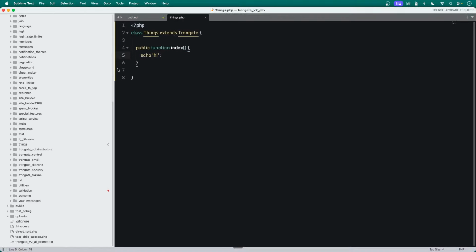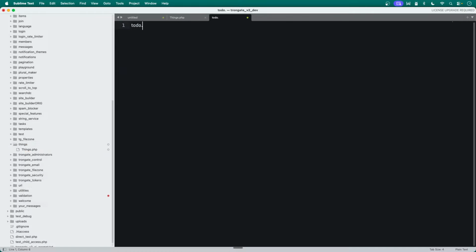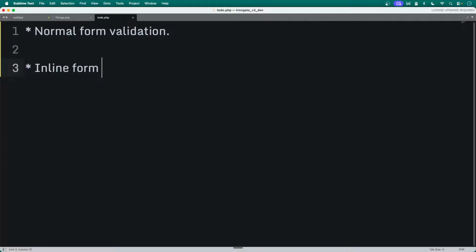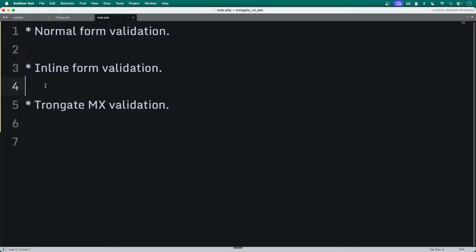Okay, so basically, there's a whole bunch of stuff that has to be done just to fix these forums, and it is going to be a bit dull, but I'll do it as quickly as I possibly can. So the first thing is I want to build and test normal form validation. Then I want to build and test inline form validation. Then we're going to build and test TronGate MX validation. Then I'm going to